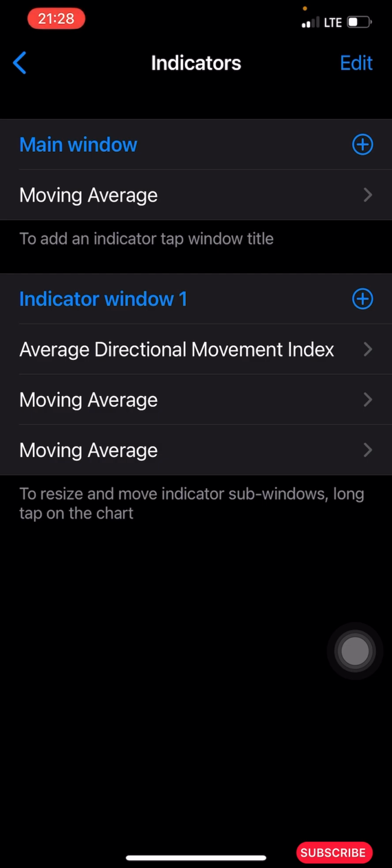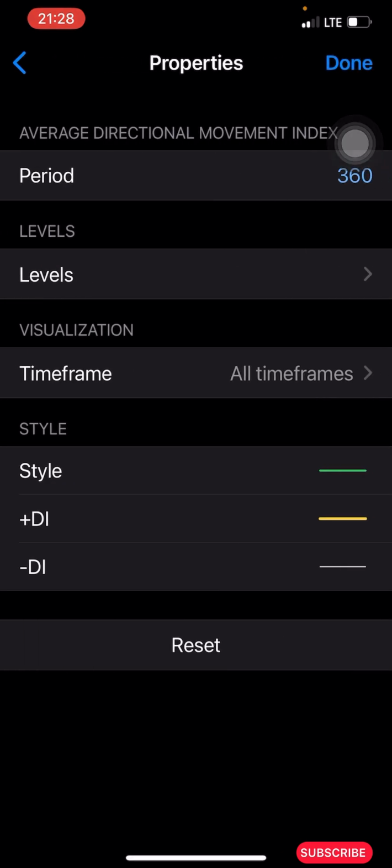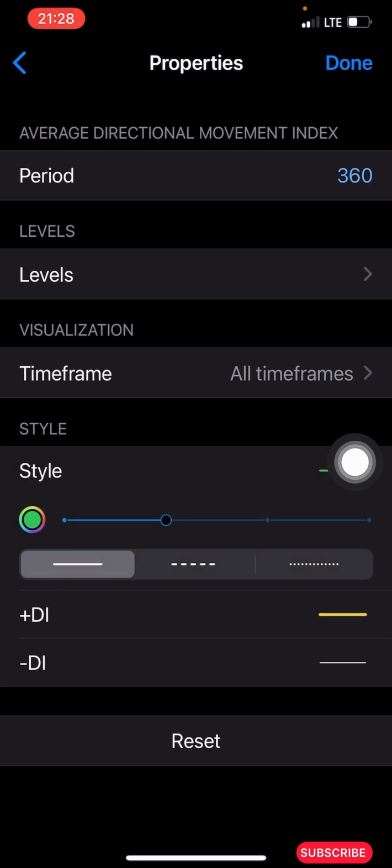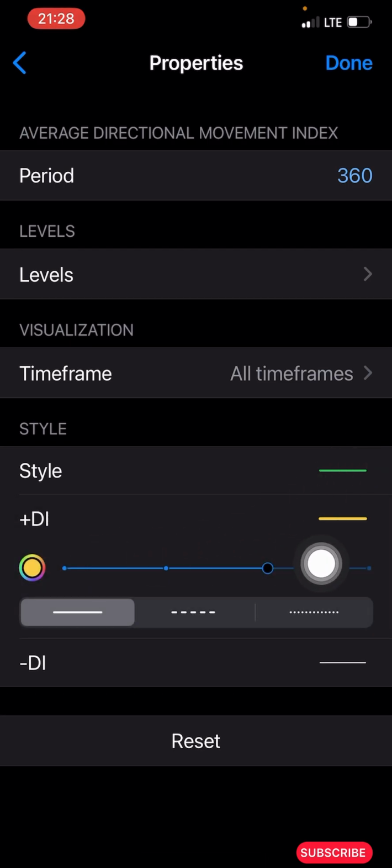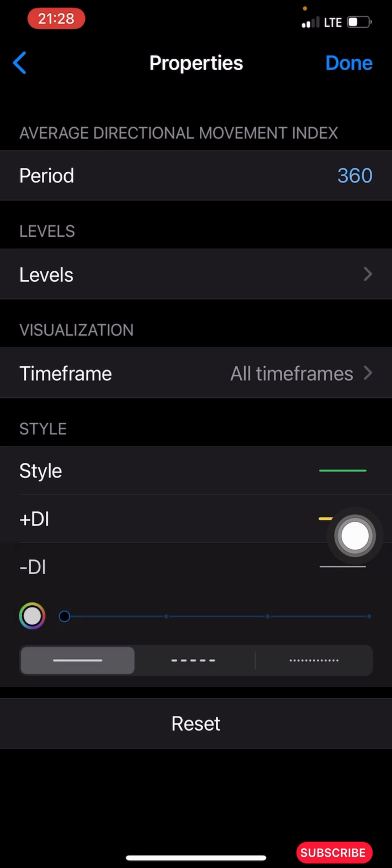Now the next indicator we have here is the average directional movement index. You click on the main window plus icon again, you search for your average directional movement index. Now these are the properties. The period you set to 360, the level you leave as it is, time frame is all time frame, the style you make it color green, 2 pixel, the plus DI you make it color yellow, 3 pixel,